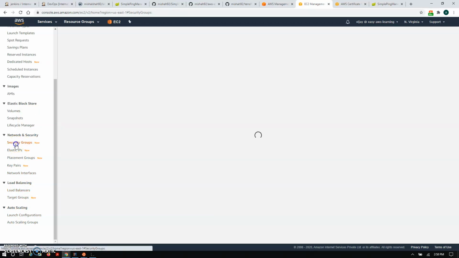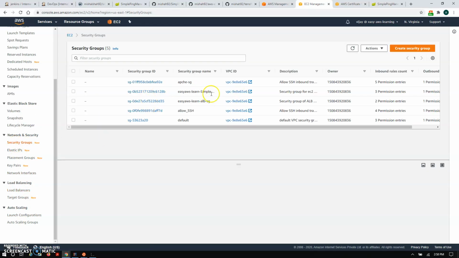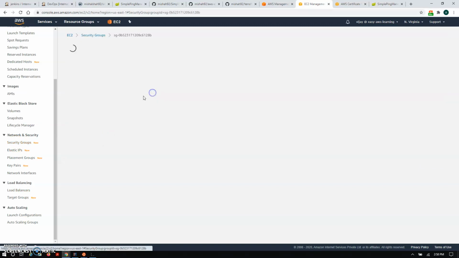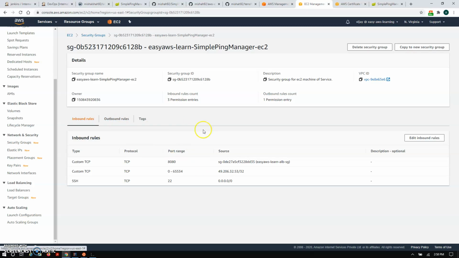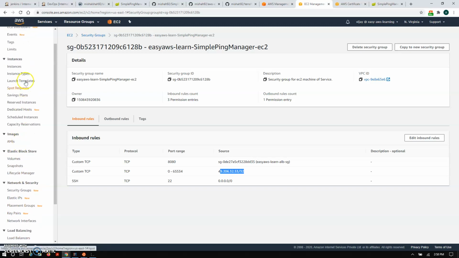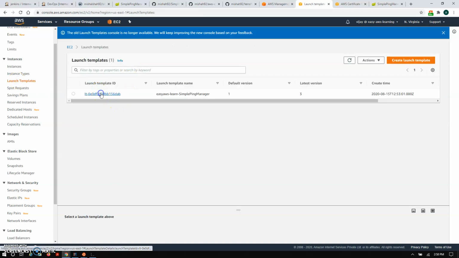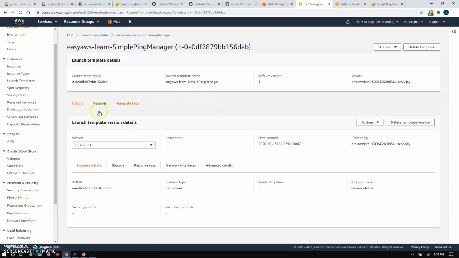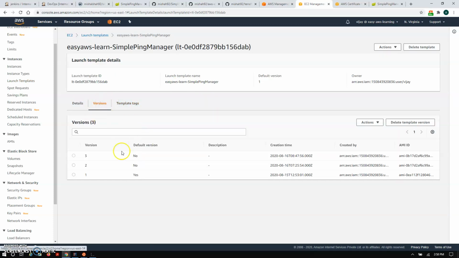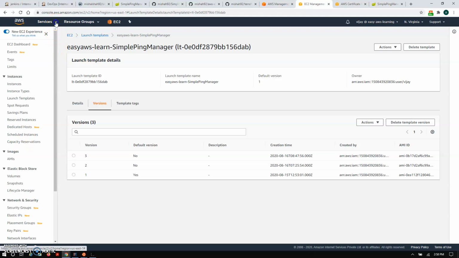The next thing is to configure the security groups. Basically it's granting permission to whoever is accessing this service. So we have configured port 80 and other ports, and given specific IPs also based on need. Next, we have created the launch template. The launch template is created as we want to deploy multiple instances using the same launch template configuration.